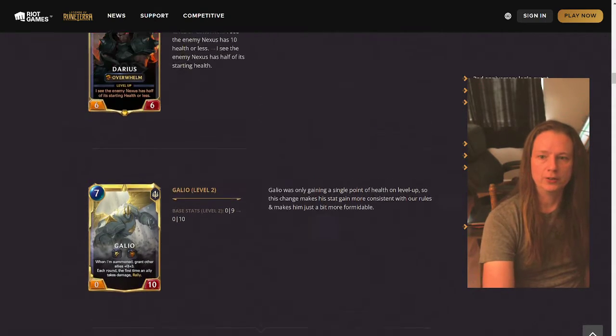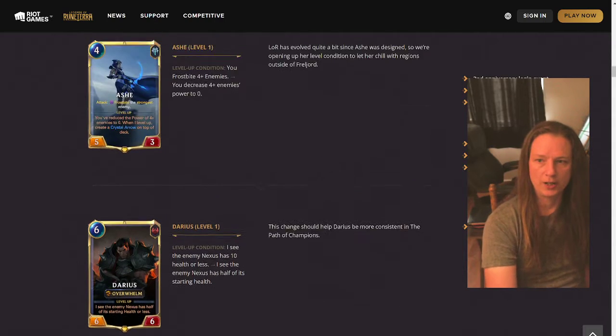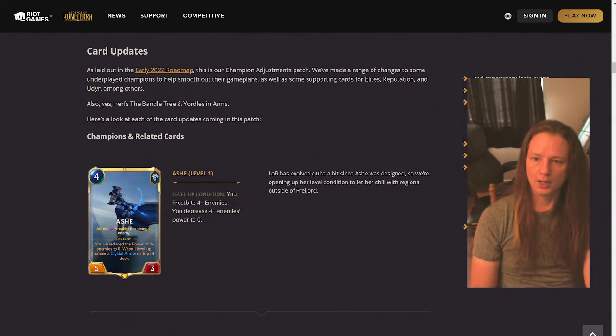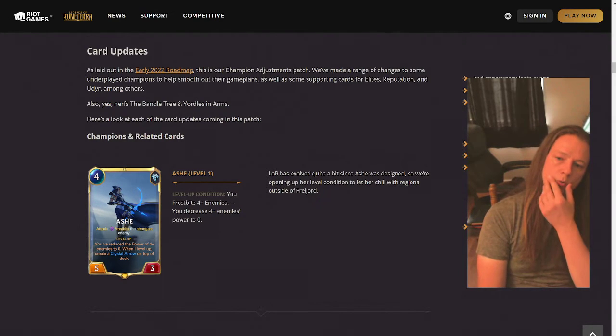Galio, good change for Galio, just gives more stats. Darius is a non-change. Ashe, great change for Ashe. I really like the way her level up works now. I'm probably going to throw her in a Shreem deck. I might play her with Renekton, or do I play her with